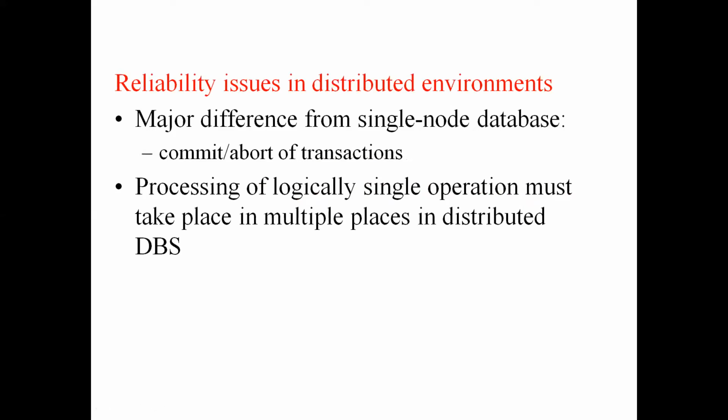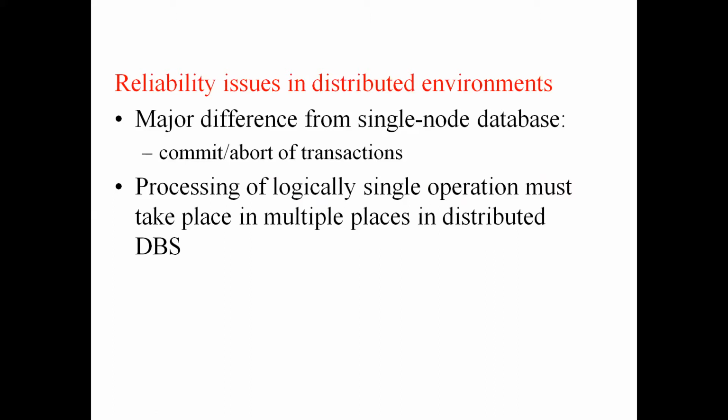abort transaction. But now if I'm talking of distributed commit, that means there is a distributed database, then there is a distributed transaction which needs to be committed. As soon as you go from a single node database to a distributed system, the transaction that was taking place earlier on one node only is now taking place at multiple nodes. What does that mean? If a transaction has 5 operations, some of them are taking place at one node, some of them may be taking place at some other node. Operations are not duplicated, they are distributed.